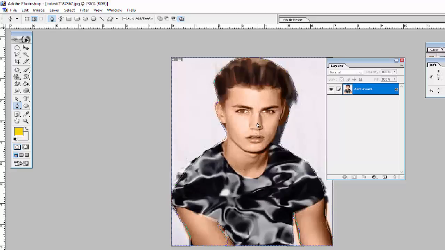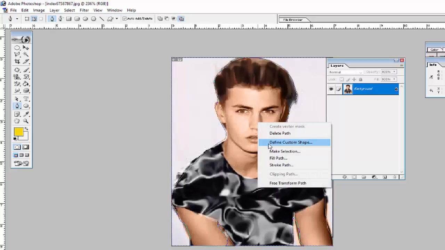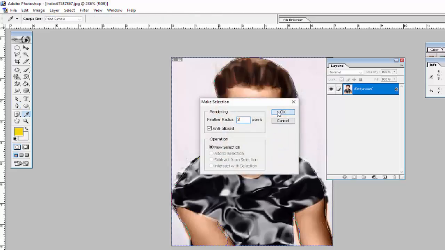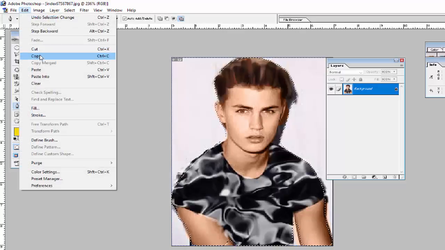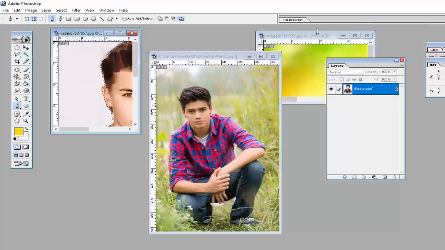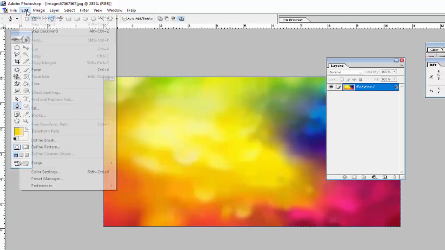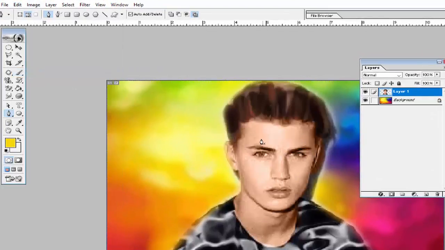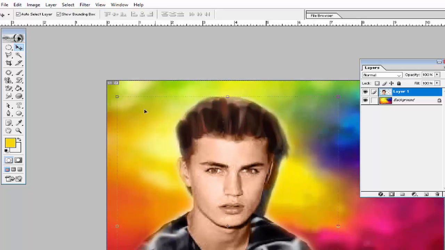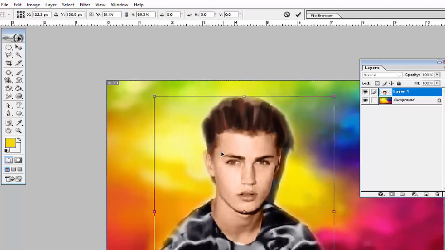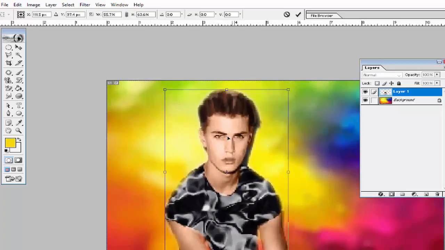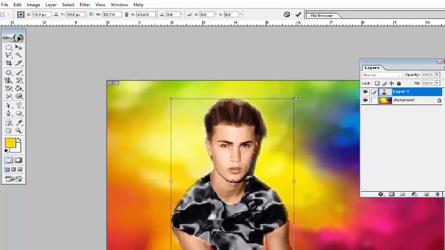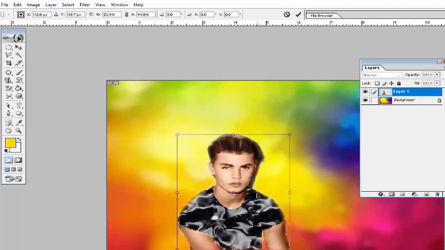So after that, click on this image, make a selection, then click OK. So the image is now selected. Go in Edit, click on Copy, and then copy this image into this background. Go in Paste. So see, the image is pasted. Use the move tool to place this image here or to decrease the size of this image. So I think you understand how to create this image.